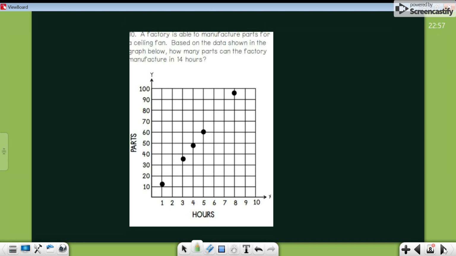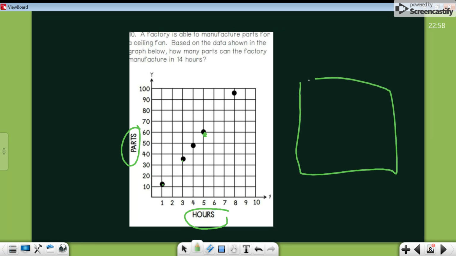A factory is able to manufacture parts for a ceiling fan. Based on the data shown in the graph below, how many parts can the factory manufacture in 14 hours? Well, when I'm looking at this chart, I see that they have parts and they have hours. And I notice that the only dot on here that's exactly on the lines is the one at 5 and 60. So I'm going to make a rate table